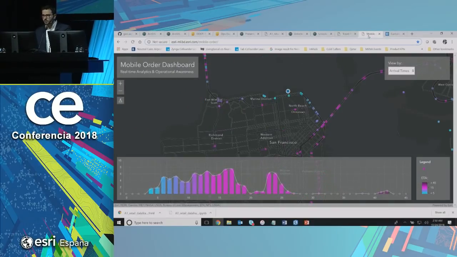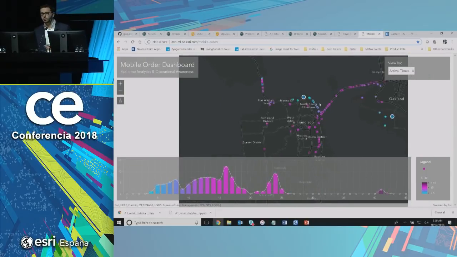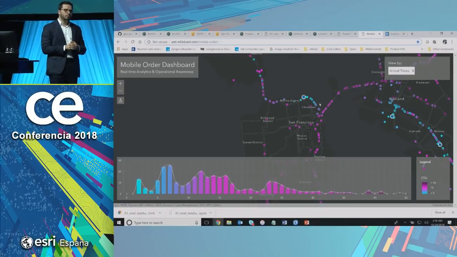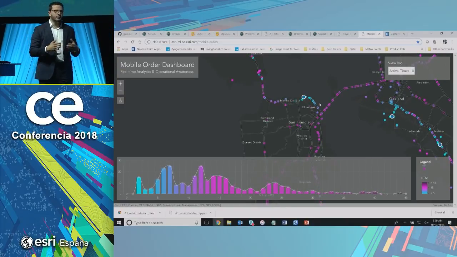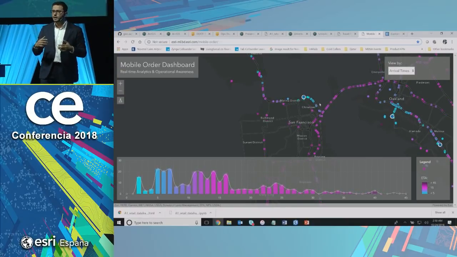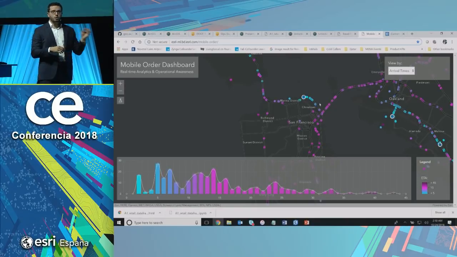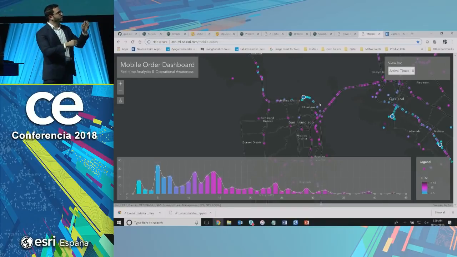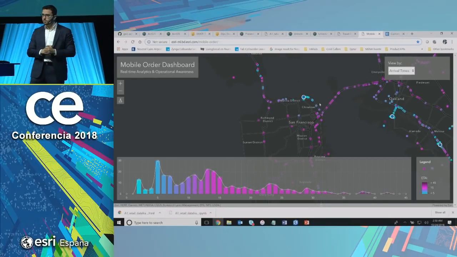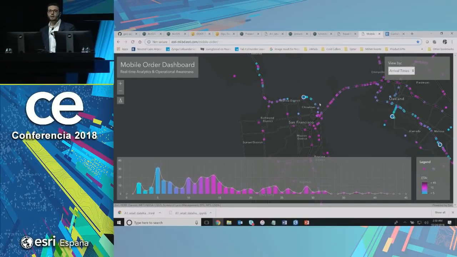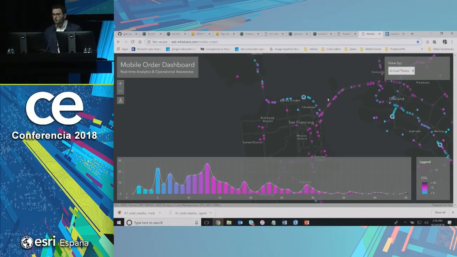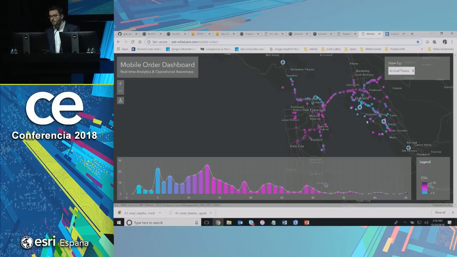One other application of this is to predict the arrival of vehicles or customers. This dashboard is showing that if you are a coffee shop and, for example, people are ordering coffee from a mobile app, you want to predict exactly when they are going to arrive at the stores, right? Or if you're a logistics provider, you can predict exactly when these vehicles are going to arrive. The color represents the time it's going to take this person or vehicle or customer to arrive at those stores. And as you can see, this is happening in real time.